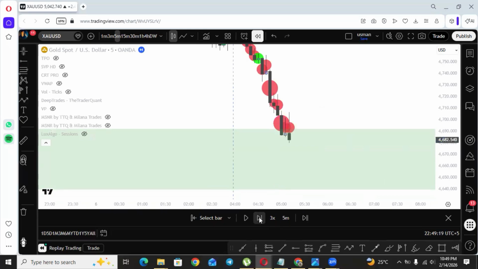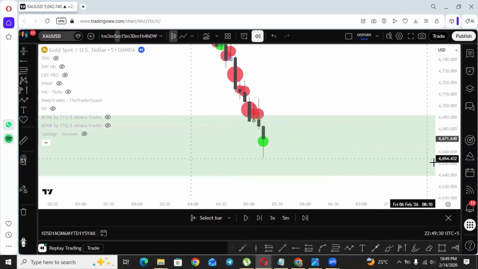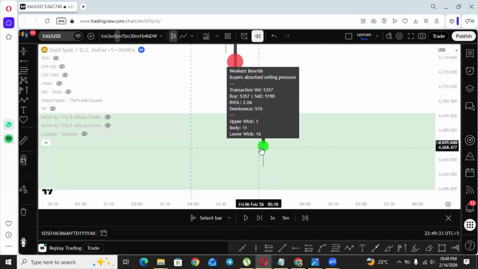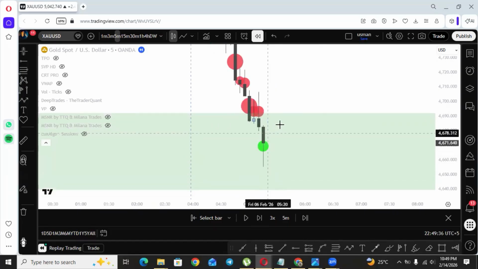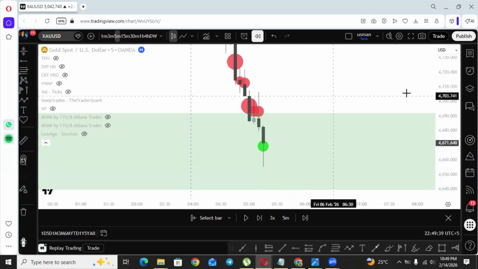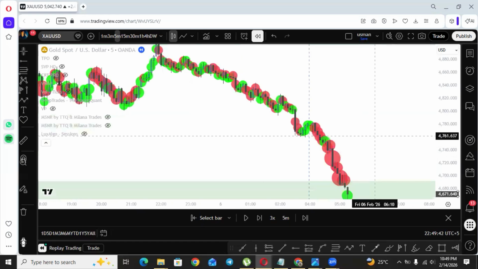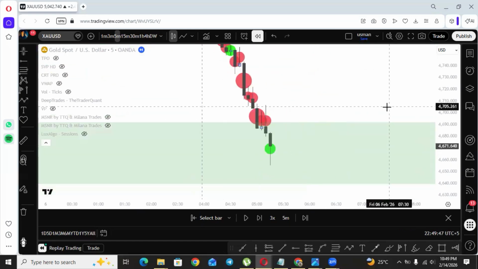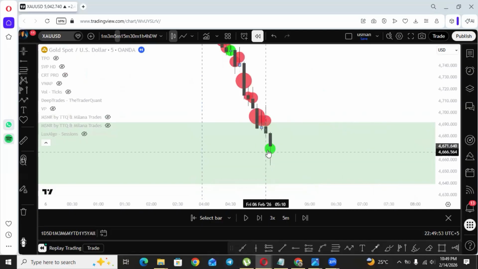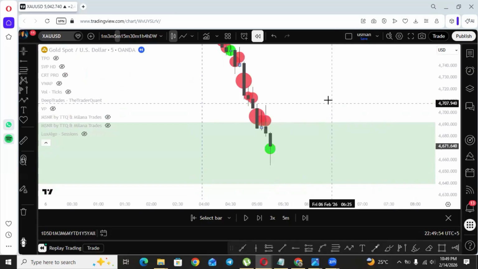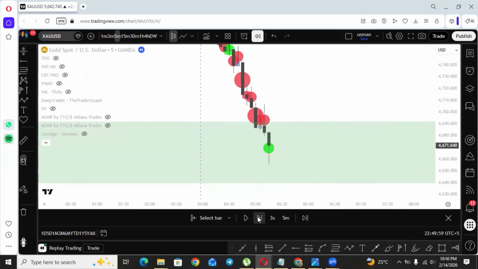Okay, we are getting an aggression of sellers, strong aggression of sellers at this point. What happened now? When the market reached our area, we got an aggression of buyers in this sell candle, which is the sign of absorption, exhaustion of the sellers. Sellers are exhausted doing selling at this level. Buyers are stronger at this level. So we need a good follow through from the buyers towards this aggression in order to confirm the concept of absorption. Okay, so let's see.